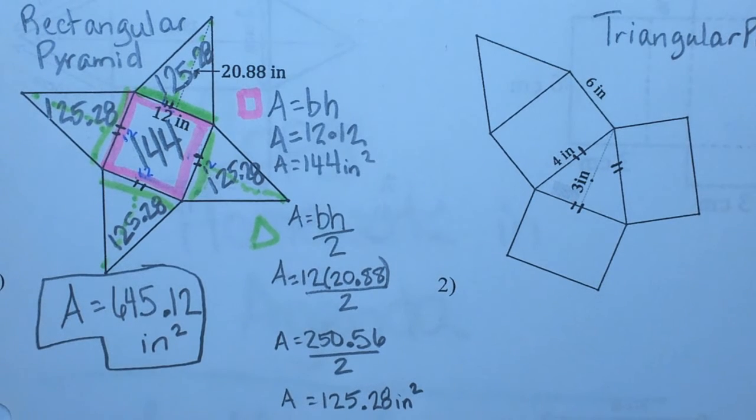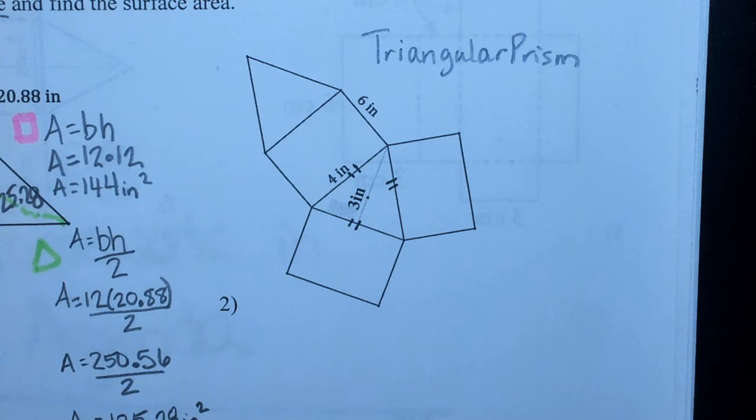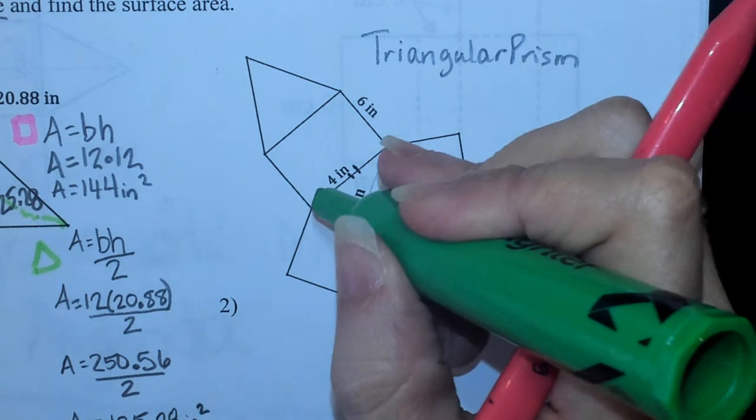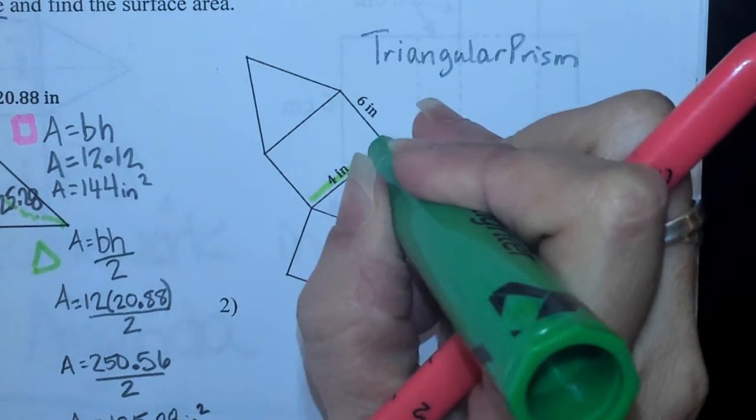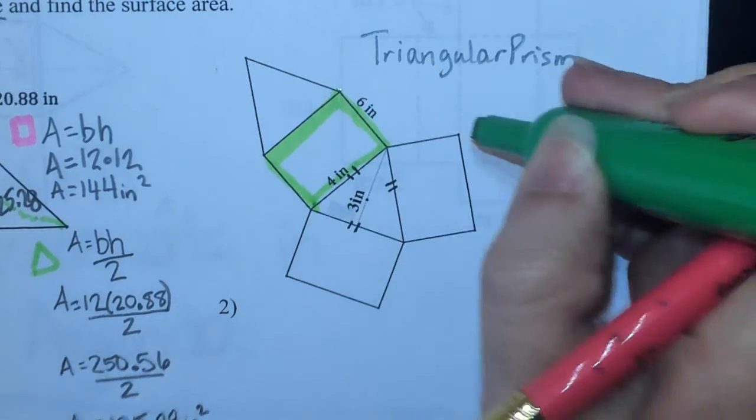Okay. Now, here we go. Triangular prism. Now, once again, I kind of start with the easy stuff, usually a square or a rectangle. I see this one first. I see that it is a 4 by 6. So I'm going to start with that rectangle